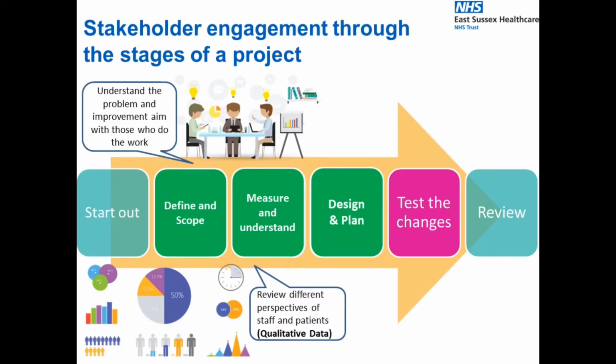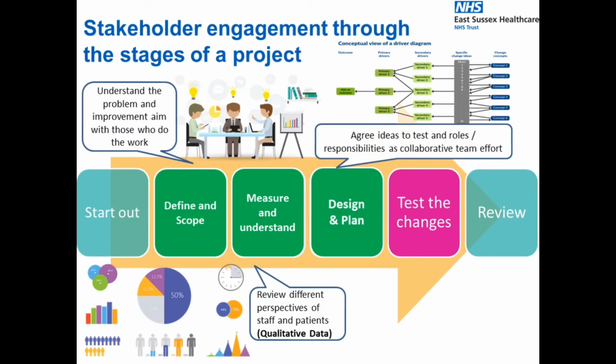Next, we would move into the stage of thinking about what the changes are that we think we might want to test and how we'd go about delivering those changes. So at this point, it's really important to get everyone together to make sure we've got an exhaustive list of all the things that might affect our problem that we're trying to improve. And you can only do that by bringing together a range of people.